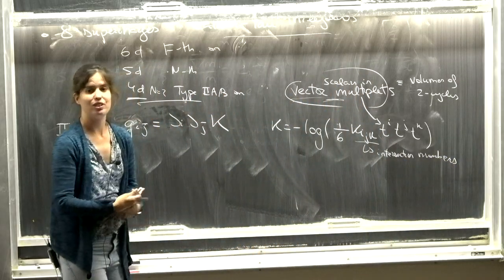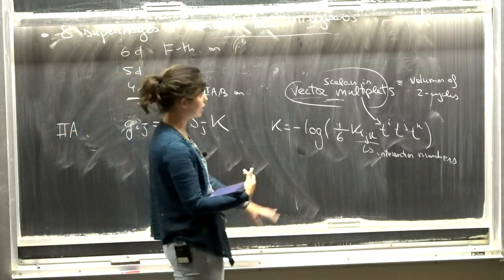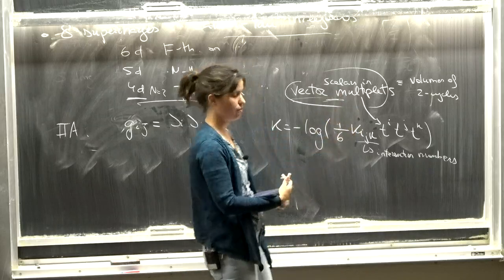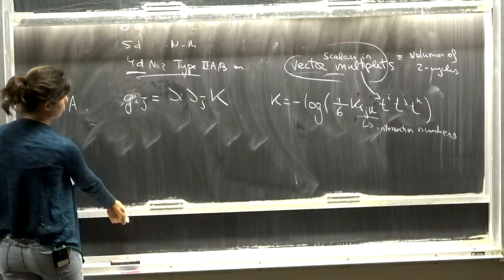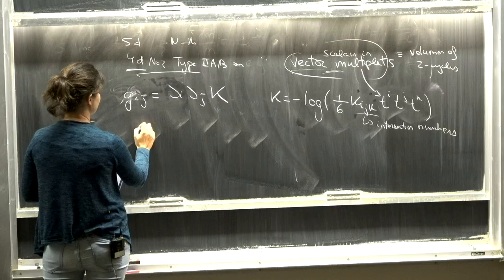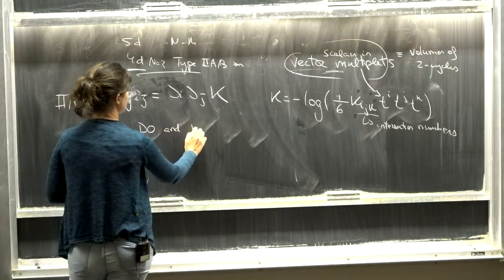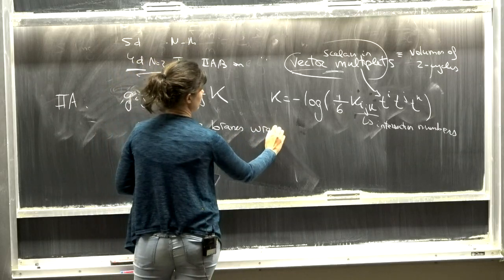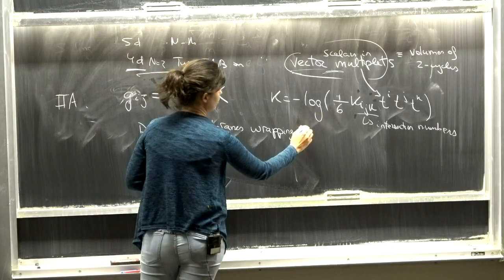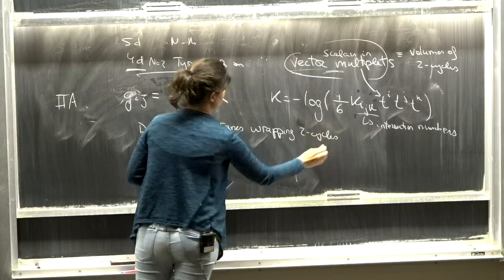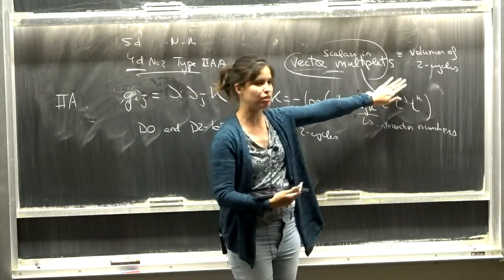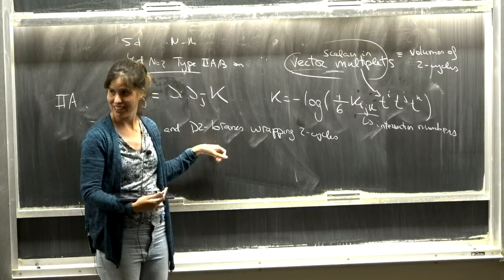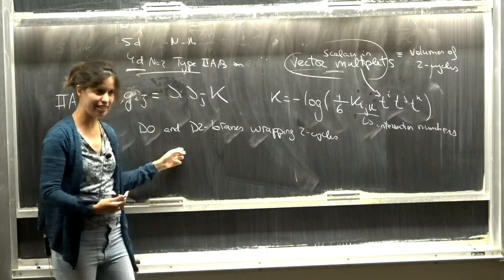And then you can have different infinite distance limits that you can classify depending on the value of these intersection numbers. Okay, so you can have a full classification. And the towers of states that become light now are D0 and D2 branes, wrapping these cycles, these two cycles. You also have Kaluza-Klein towers of these two cycles, but they're actually heavier when I move to infinite distance limits of this Calabi-Yau. So the lightest ones are these branes.